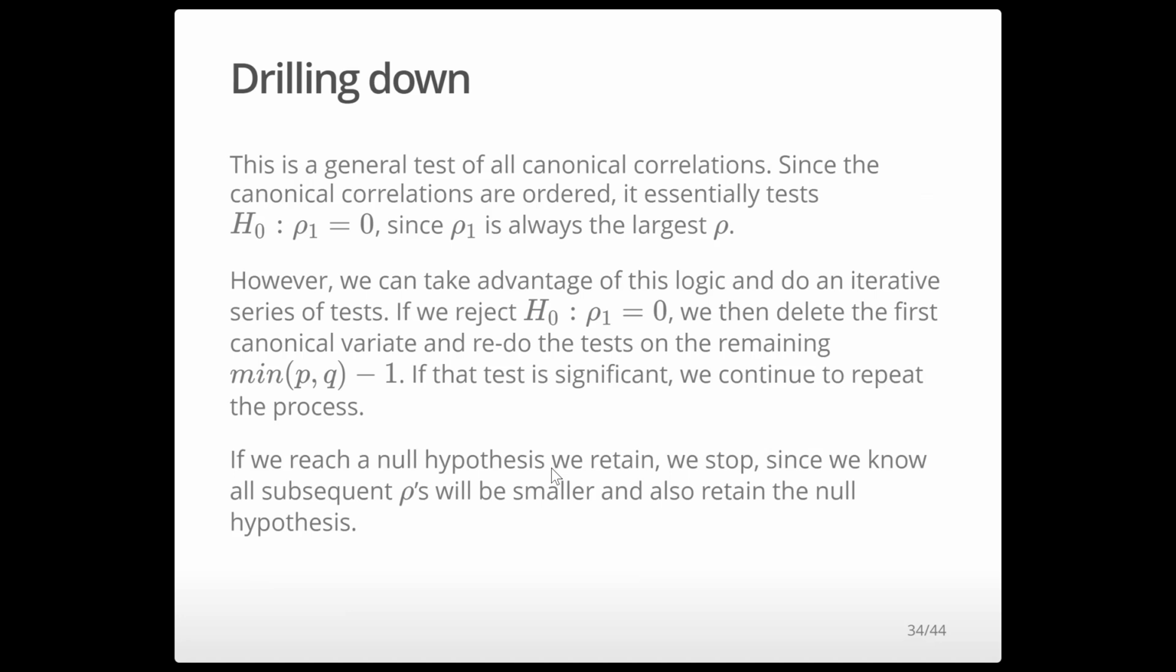So we could take advantage of this logic and do an iterative series of tests where if we reject the null hypothesis that the first canonical correlation is 0, we then delete the first canonical variate and redo the tests on all the remaining canonical variates. And then each time, if the test is significant, we continue to repeat the process. If we reach a null hypothesis that we retain, we can stop, since we know that all subsequent canonical correlations will be smaller and will also retain the null